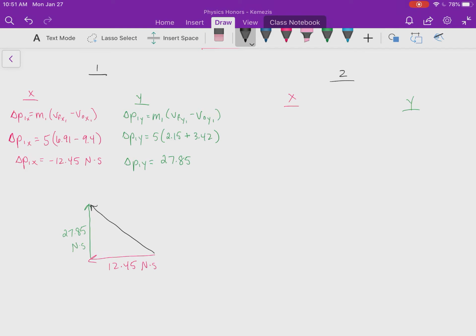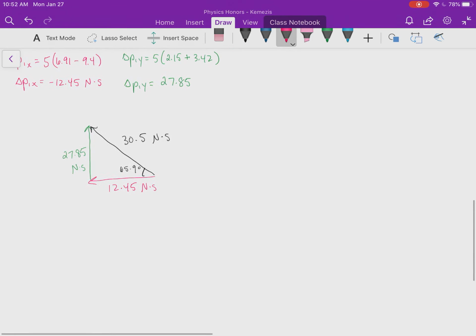Put these together and take the square root. We get 30.5 Newton seconds. And again, we need to find the angle because it is a vector. Let's see, 27.85. I'm using tangent again, and we're using the inverse of it. And this is 65.9 degrees. Okay, so the impulse, or the change in momentum of the first object is 30.5 Newton seconds at 65.9 degrees